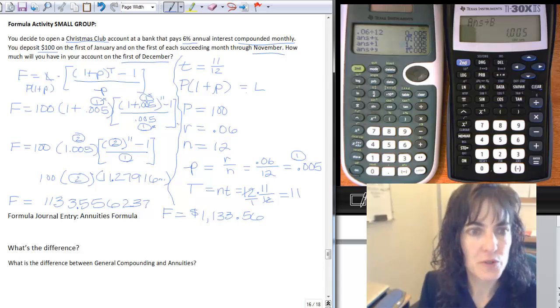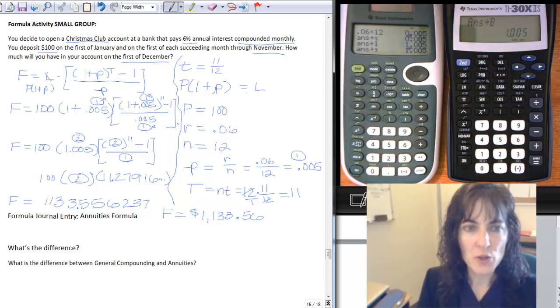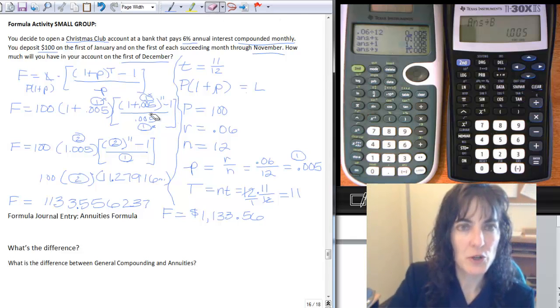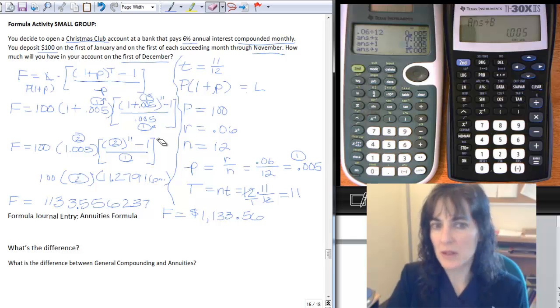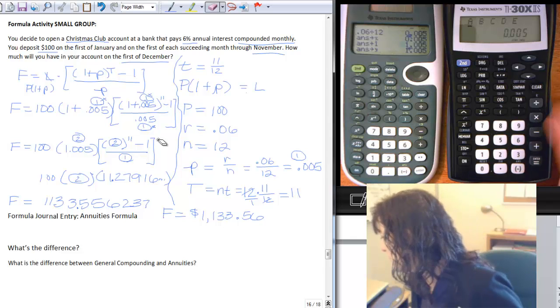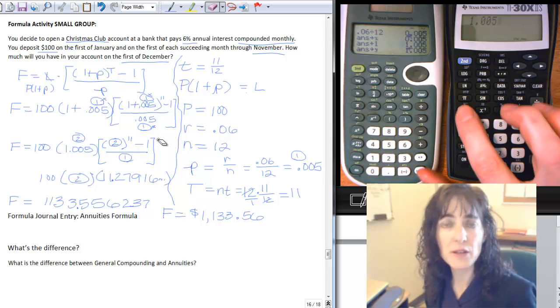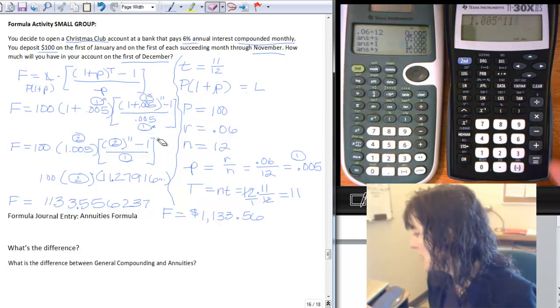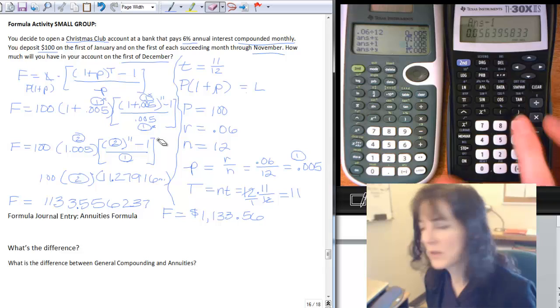I need to start again. I have stored in my bin A and my bin B, I have those two things stored. So I need to, let me see if I can just show you with this eraser. So I need to take my second bin, which on this calculator is the B bin. So B to the 11th minus 1 divided by the A bin. So I'll do recall B, and then do to the, so that's this button, to the 11th equals, and then minus 1 equals, and now